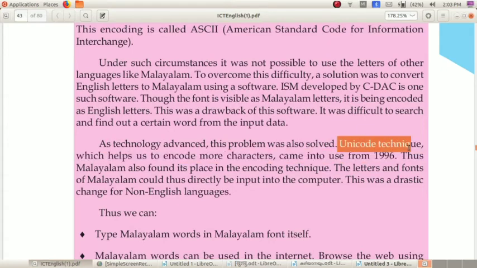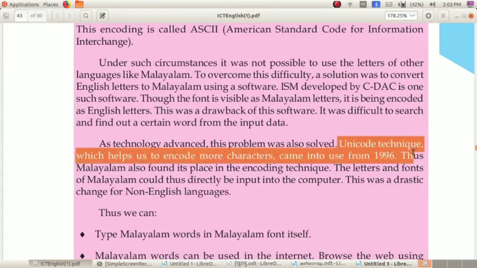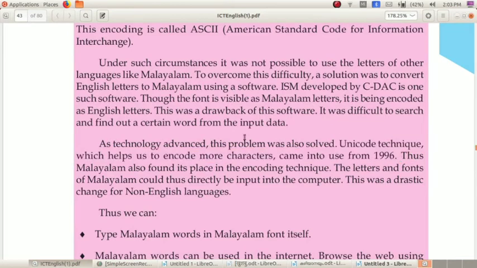Okay, then the Unicode technique, which helps us to encode more characters, came into use from 1996. Okay, so the first form is ASCII code, and now we are using the Unicode technique.